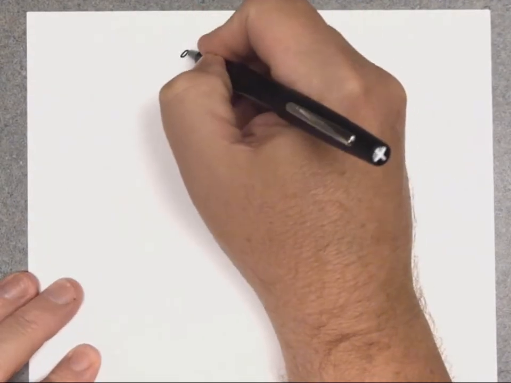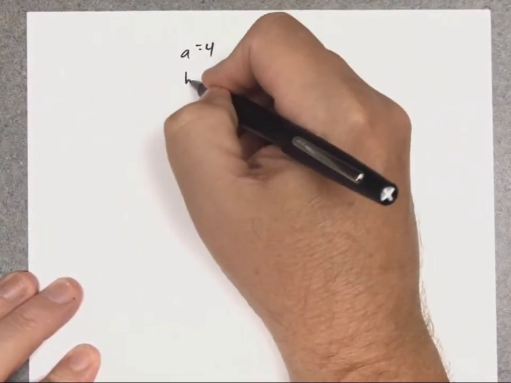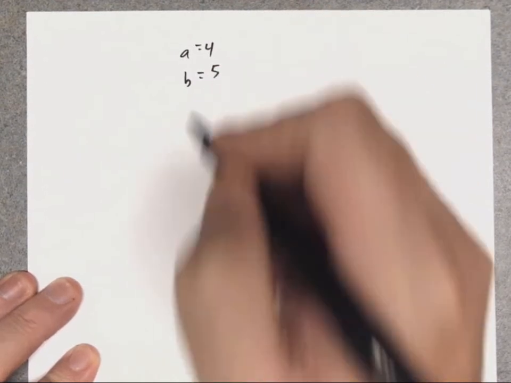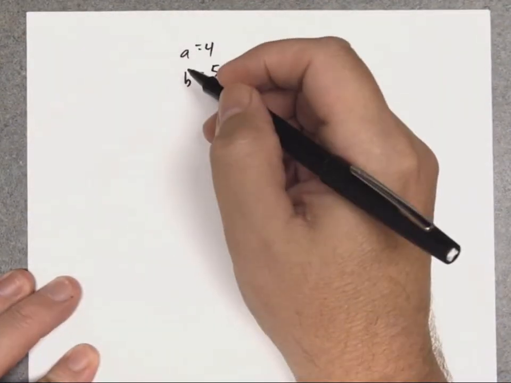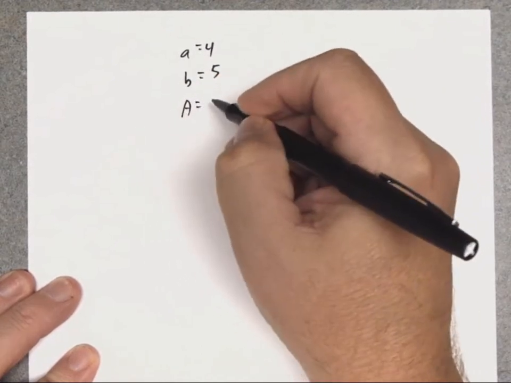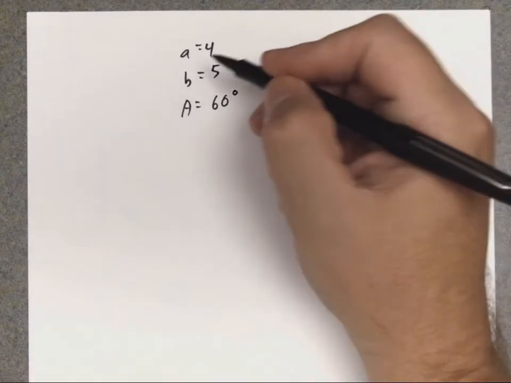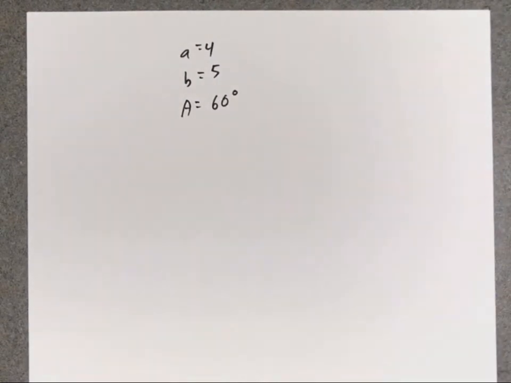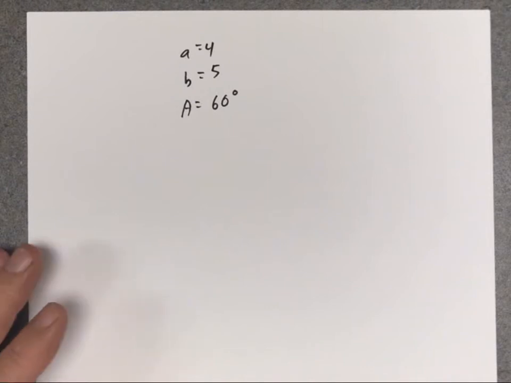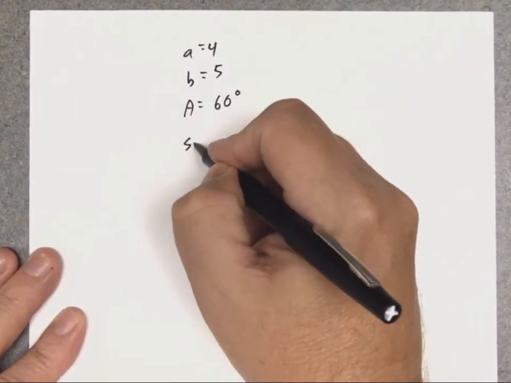All right, how about this one? Side A is 4, side B is 5, and angle A is 60 degrees. So what do we have here? We have two sides and one angle, and actually this is matching because we got side A and angle A. Because of that, we're going to use law of sines and see if we can figure out the first triangle. So law of sines says